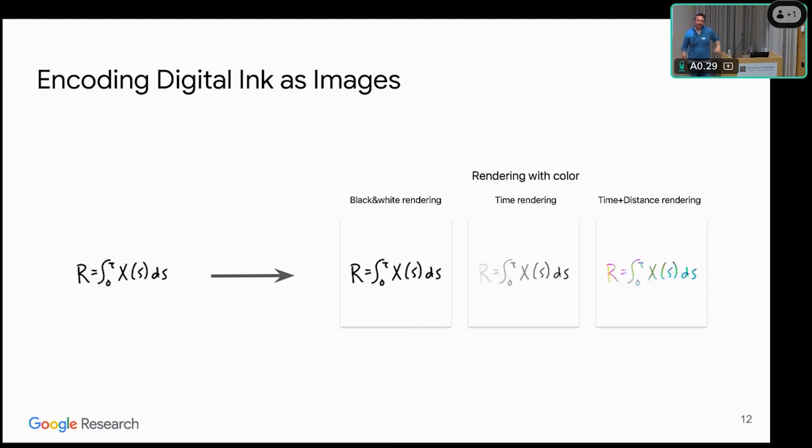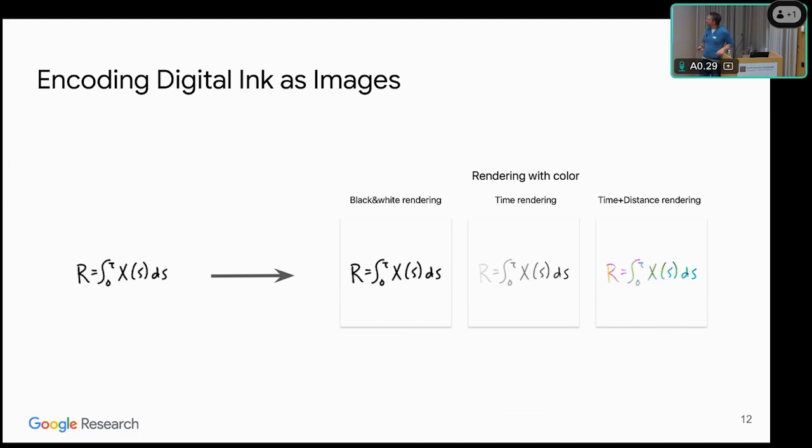So the first thing you can do is just take this online handwritten equation, for example, and render it into an image and throw it in. Now you have an image, you have text, you throw it into the vision transformer, and your problem is solved. But the reality is, when you do that, you're losing some information. I said we had things like the time series, the speed of the stroke, and all these other things. When you do the first version, you lose a lot of information, which reduces the quality of your model.